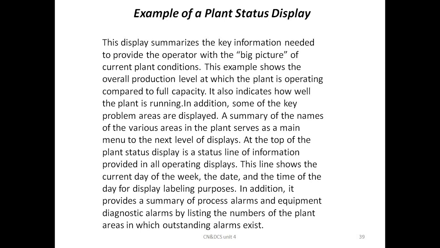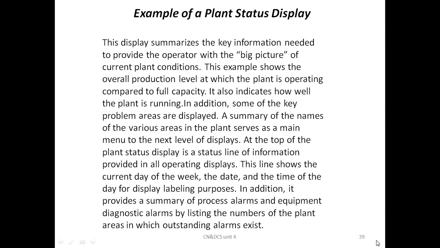It also indicates how well the plant is running. In addition, some of the key problem areas are displayed. A summary of the names of the various areas in the plant serves as a main menu to the next level of display.